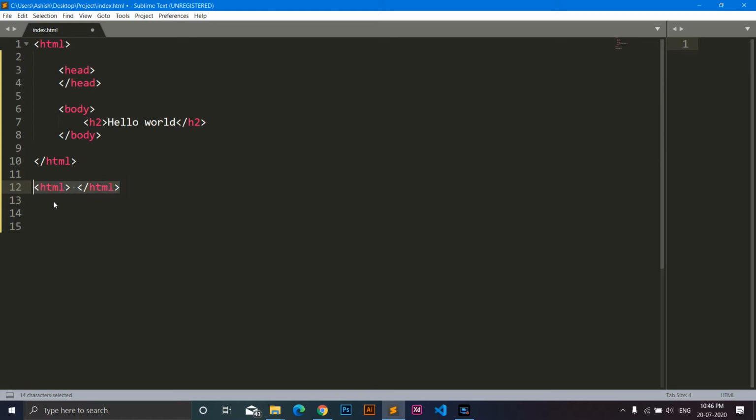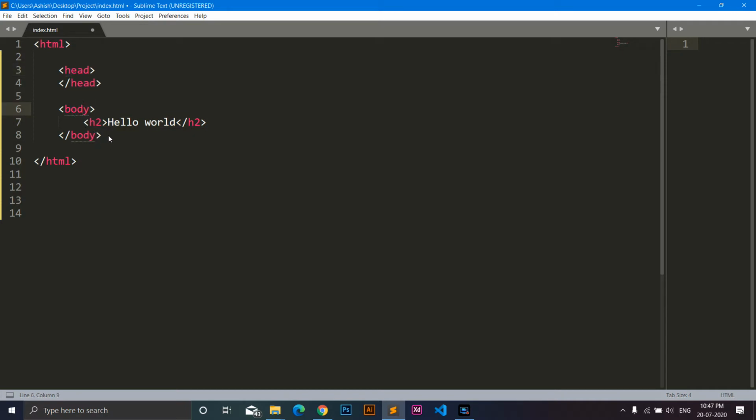So this is a tag, and these tags contain more tags inside them. Just like we have the head tag inside our HTML tag, we have the body tag inside our HTML tag, and then we have h2 tags inside our body tag. You can understand these tags as a parent and children relationship. You can see the head tag and the body tag are the two children of the HTML tag. Similarly, we have the h2 tag as the child of the body tag. So here head and body are siblings to each other.